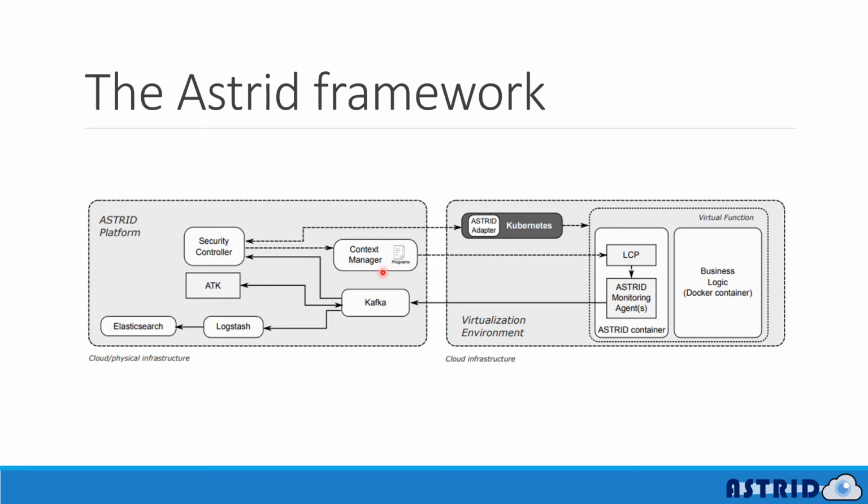Finally, a context manager provides the abstraction of the whole system, including the description of the service topology and its configuration, the list of available agents and the network parameters of the LCP, parameters that can be changed for each agent, eBPF programs available, and so on and so forth. It exposes a common REST interface for changing the configuration of local agents deployed within each virtual service, independently of